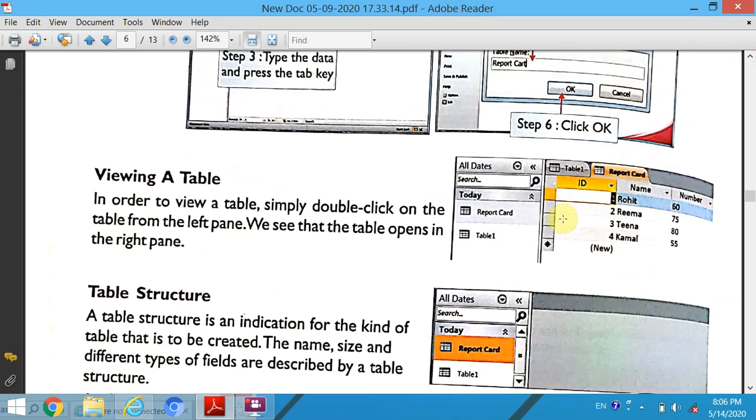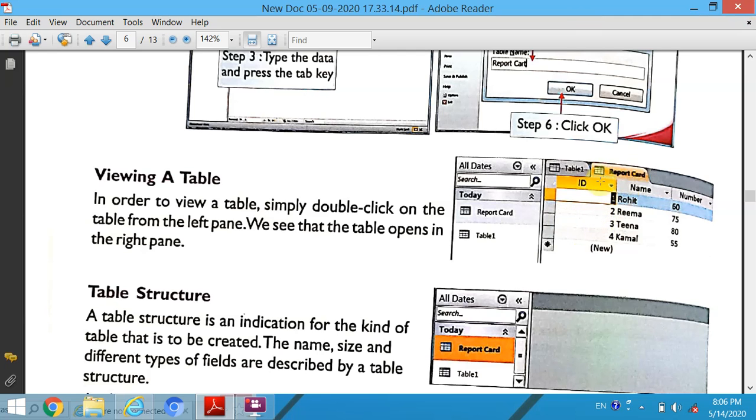Next, viewing a table. In order to view a table, simply double click on the table from the left pane. We see the table opens in the right pane. It will open with all the details that you entered.